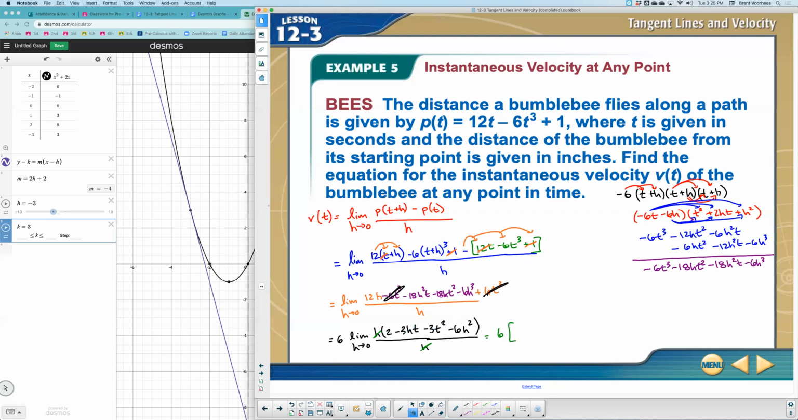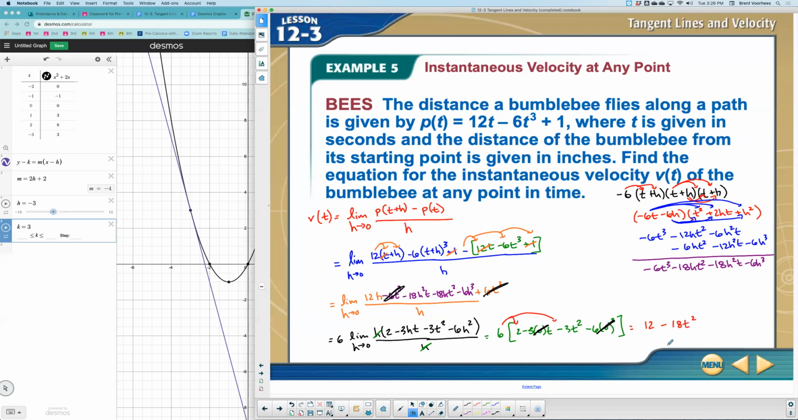6 times the value of 2 minus 3, 0 times t, because h is approaching 0, so I'm substituting in 0 there, minus 3t squared minus 6 times 0 squared. So multiplying by 0, those values will simplify out of there. Let's see what we come up with. We'll have 6 times 2, which is 12. And then here, minus